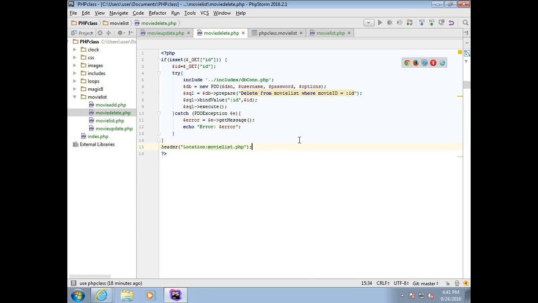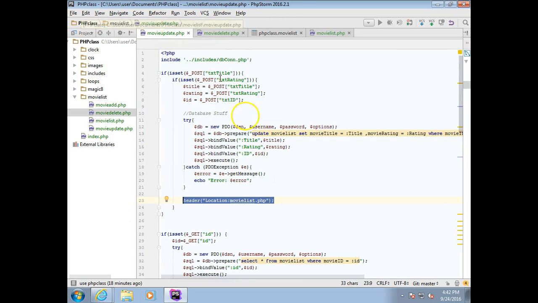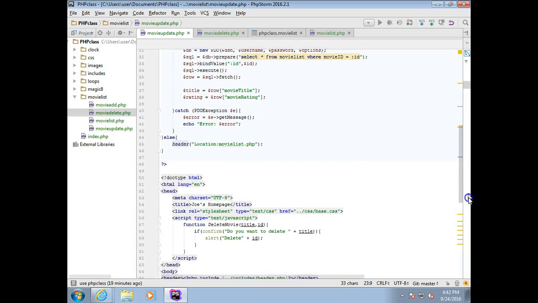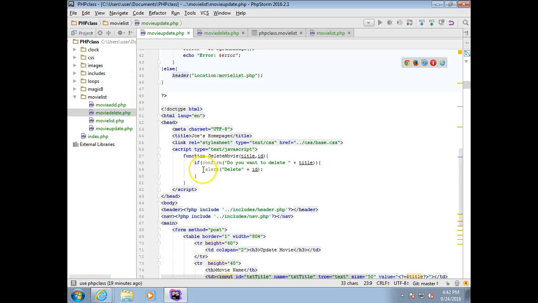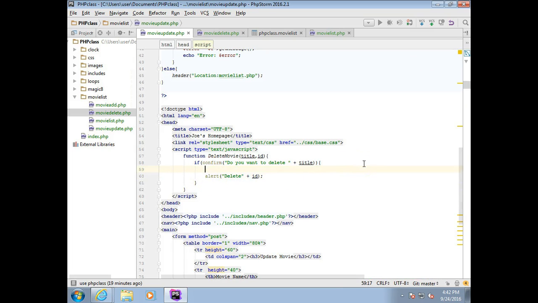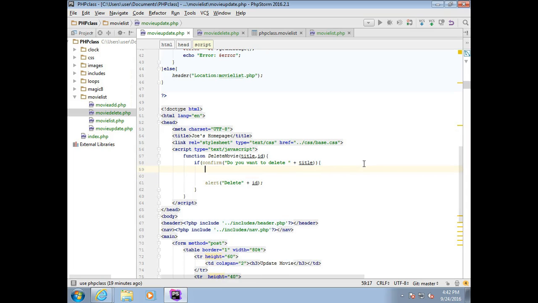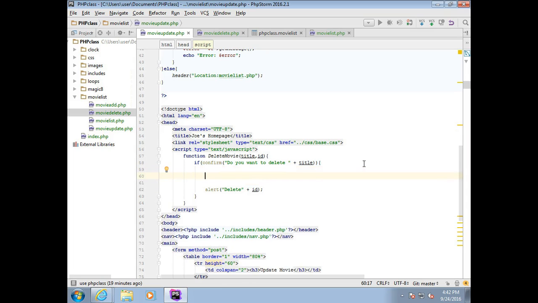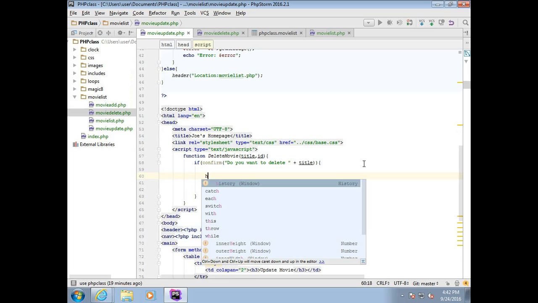So I'm just going to save this. So we've got our delete movie logic all solid. Now we just have to tie the JavaScript to this. So the way that I would do it is within that JavaScript method here, we don't want to just pop up an alert box. What we actually want to do is tell the document href to change the location. So it's going to be like